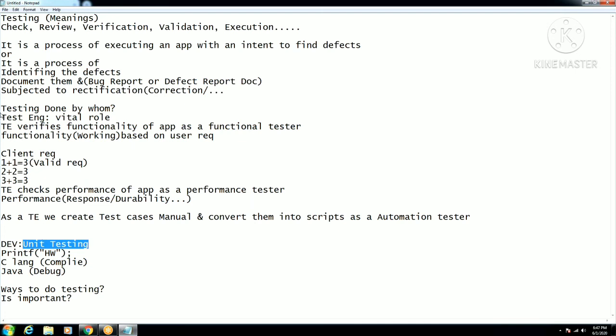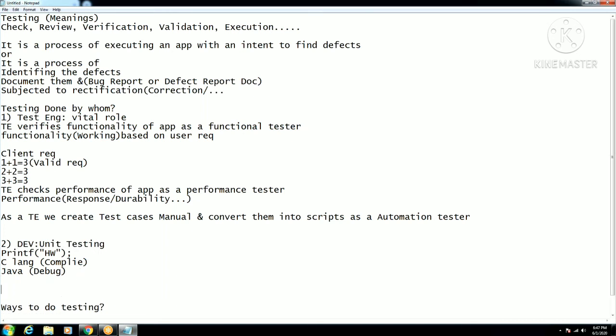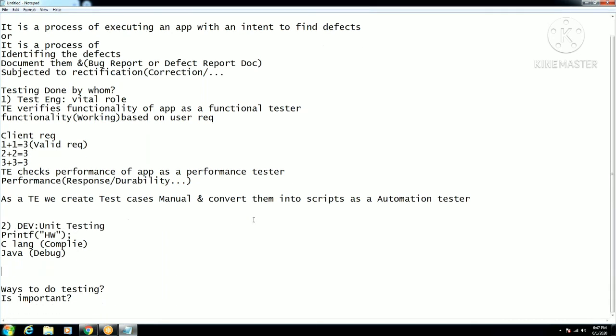So we got to know one person: the test engineer. The other person is the developer. Now, is there any other person who does any testing for us? The third person, I'll call them end users, right? End users perform